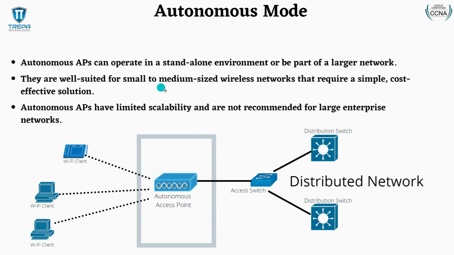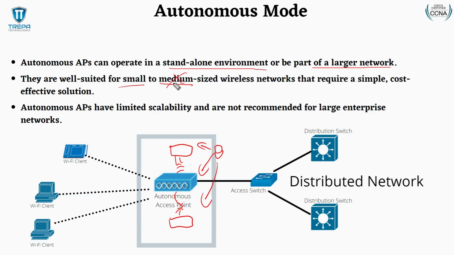Some more things about autonomous access points. They can operate in a standalone environment, like your home network, or they can be part of a larger network. So it is possible, like I said, that we can set up other autonomous access points and do this kind of mesh network where they're sharing information with each other. But again, they're only individually managed. So that means I have to go to my computer and web GUI or CLI into each one of these access points. So this solution is really, again, for the small, and I use this very cautiously, medium-sized wireless networks,